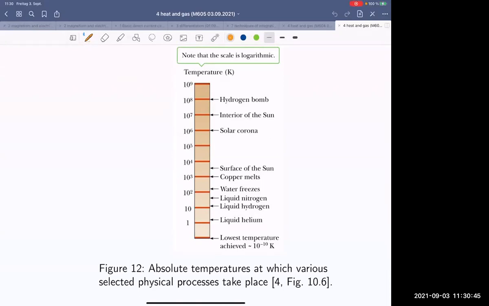And inside the sun, the interior of the sun, we have 10 million degrees Kelvin. It's extremely hot. And the hydrogen bomb, which is a kind of process that could happen in deep space, is actually a nuclear fusion effect, right? Nuclear fusion process, right? Yeah, the temperature of this process is 200